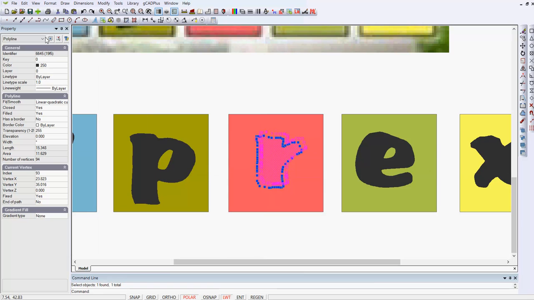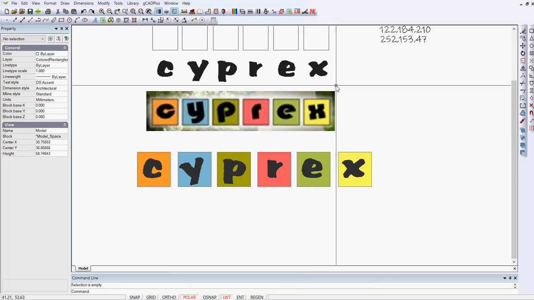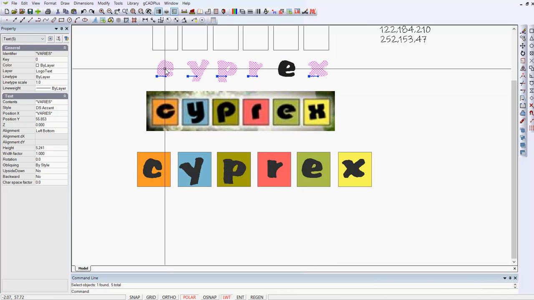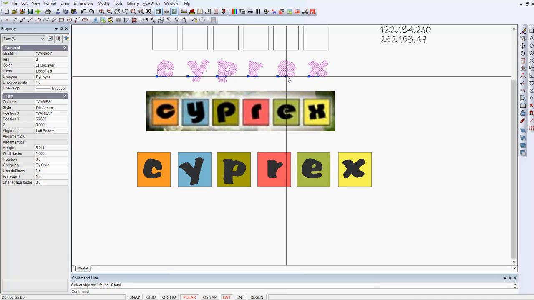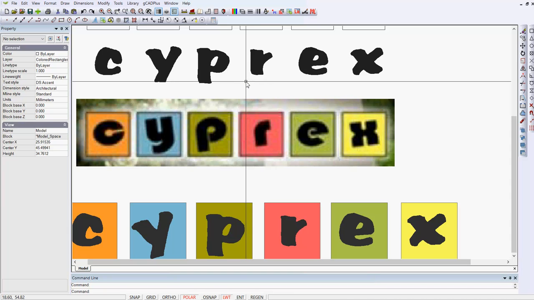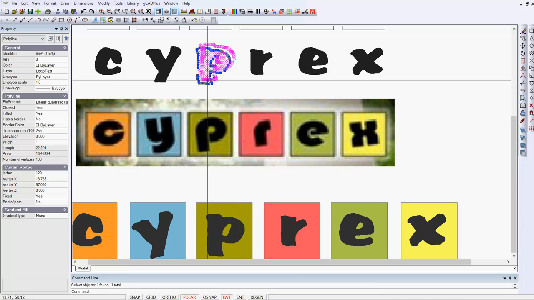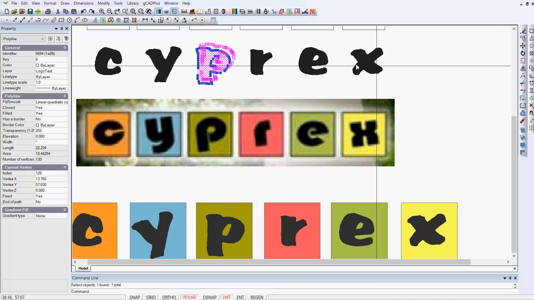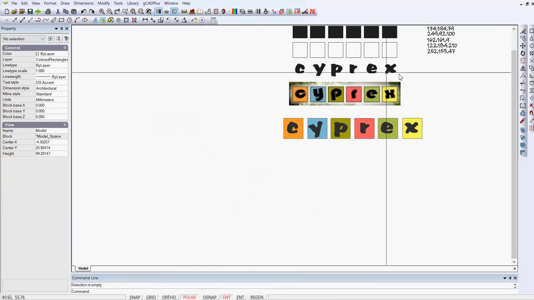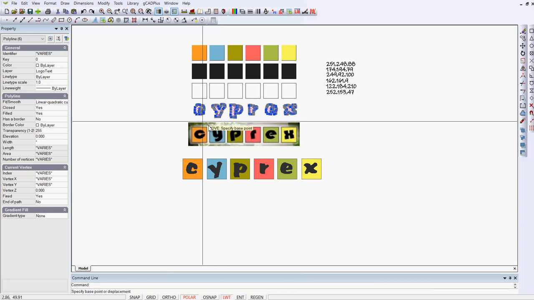But if I come down to the final one here, and I'll see if I can pick up the actual character, it is a polyline. So what we do in a case like that is take all of these characters and then explode them. When you explode any character, it gets broken up into its constituent parts and is filled. And the advantage of doing that, to make this logo,